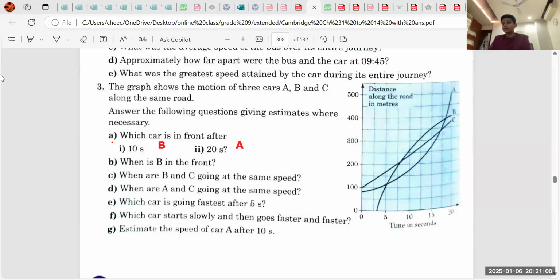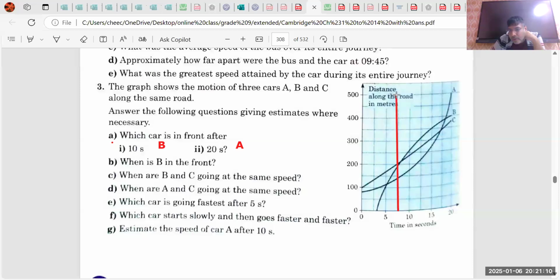Sir, for the B, Anish, you can speak your answer. Yes, sir. So for the B part, 7 to 19 seconds. No, I also won't allow you the variation because see, this is my line of 7.5. And clearly I can see that B is getting ahead after this. 8 to 18. So 8 to 18 will be my correct answer because this line is of 7.5. Okay, sir. So I won't allow the answer 17 because it is clearly visible. Yes, sir. For the previous question, it wasn't clearly visible, so a variation could be allowed, but not in this.